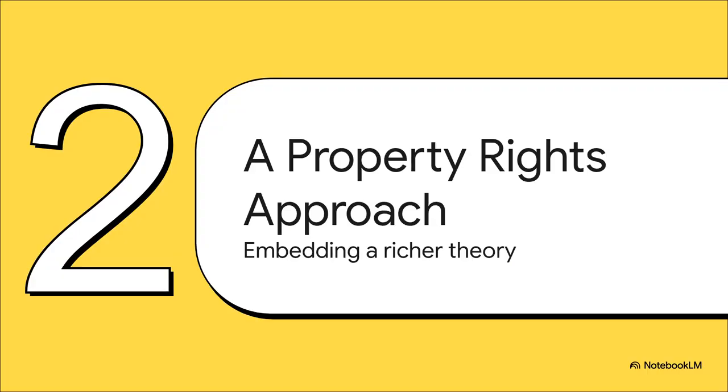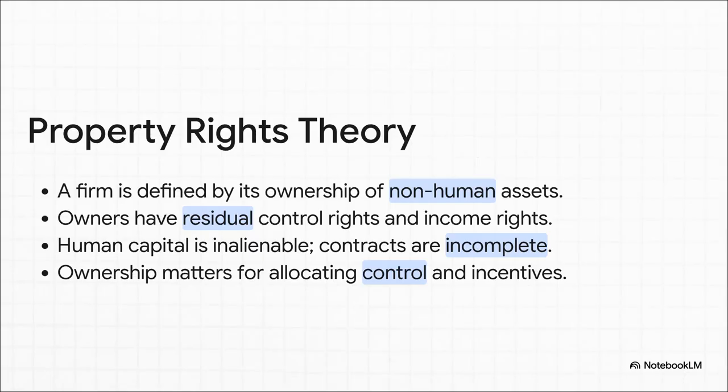So how does Gans break this theoretical deadlock? Well, the key innovation is to bring a much richer, micro-founded theory of the firm right into the heart of the GE framework. And that missing ingredient is property rights theory, in the tradition of Grossman, Hart, and Moore. The idea here is that a firm is really defined by its ownership of non-human assets. And ownership isn't just about getting profits, it's about who has the residual rights of control. Who gets to make decisions when contracts are incomplete, which, let's face it, they always are.